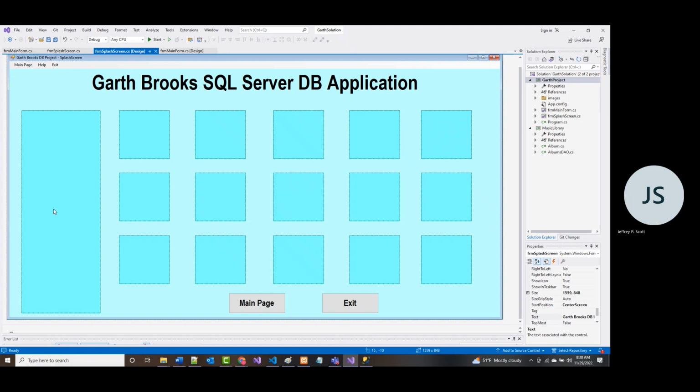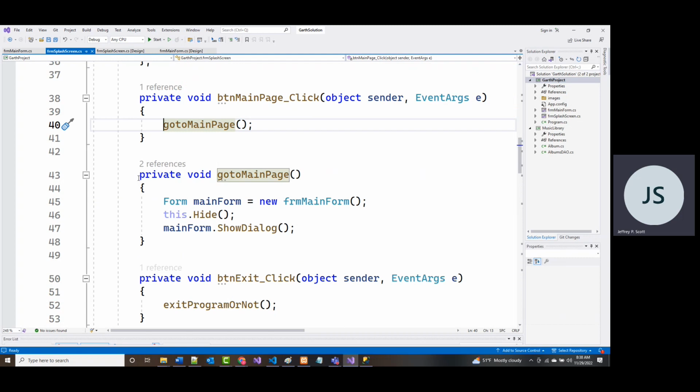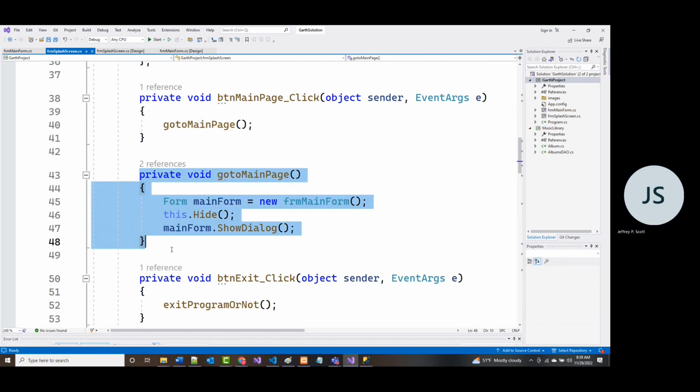All right. We brought the database in, then we created the splash screen. I just went over the splash screen with you, what it is, etc. I'm not going to talk about that anymore. The only thing is, of course, when you're on the main, we have the ability to go from your splash screen to your main page by just doing this. And then you can also go back from the other one. We'll look at that momentarily.